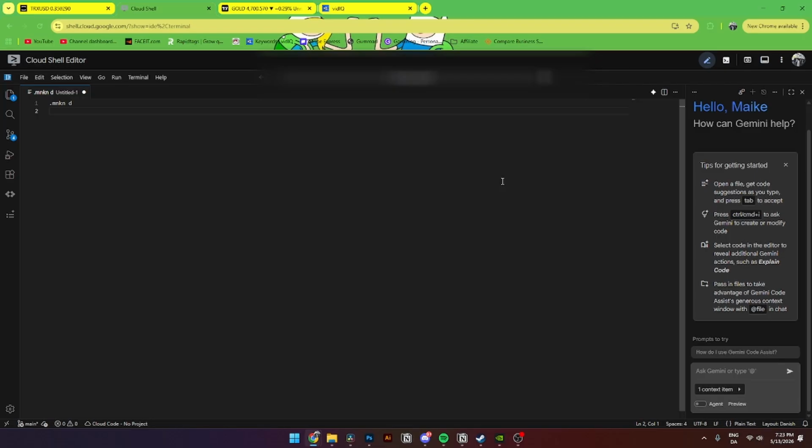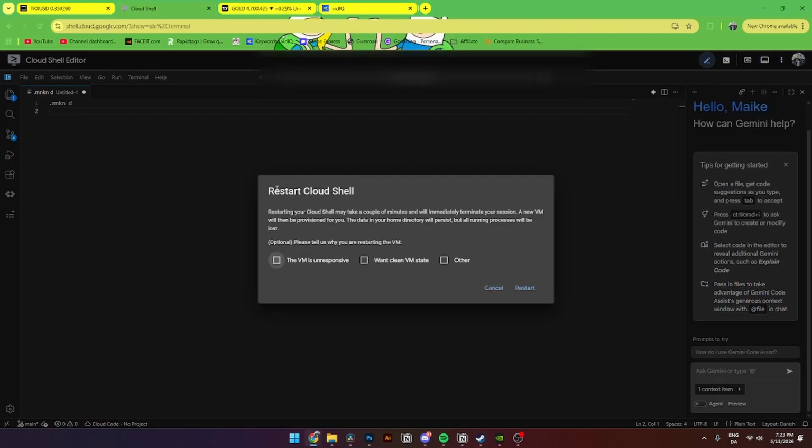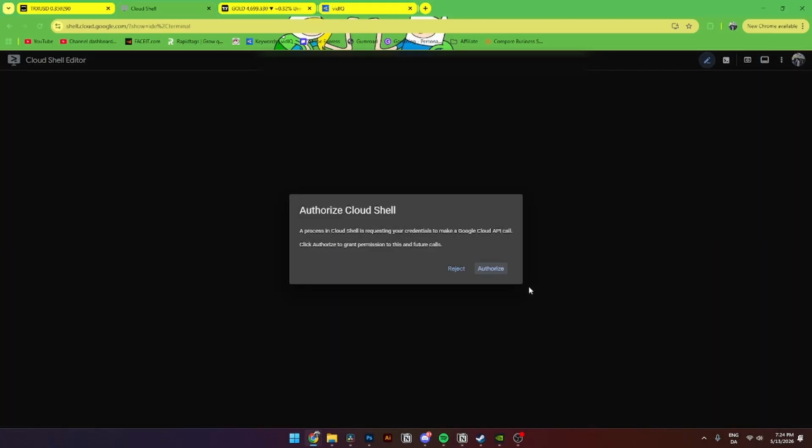Now from here you'll need to go up to the right hand corner and go over to the three dots called More, and the first one should be Restart. Once from here, you'll be able to click Restart Cloud Shell, and here you can choose which one in particular you want to restart. Once from here, you can click either the VM is unresponsive, one clean VM state, or another. From here, you'll just simply need to click Restart, like so, and now it's incinerating your Google Cloud again,